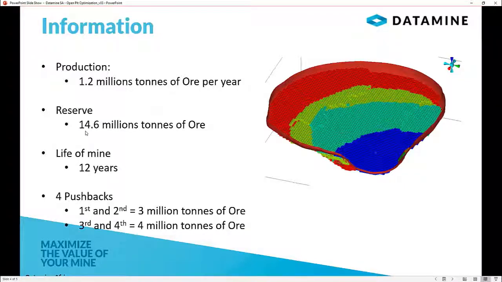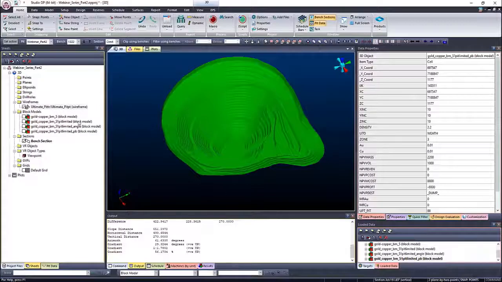We calculate the reserves on NPV. I'm gonna show you, of 14.6 million tons of ore. So by the calculation, we have 12 years of life of mine, and we're gonna generate 4 pushbacks. The first two is 3 million tons of ore, and the last two 4 million tons of ore. Okay, so as I said, the first thing is to export this